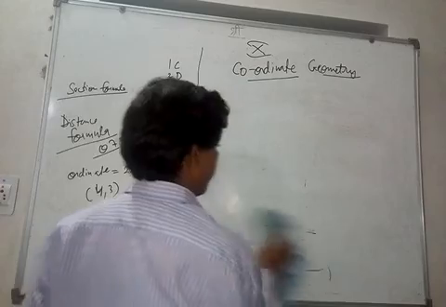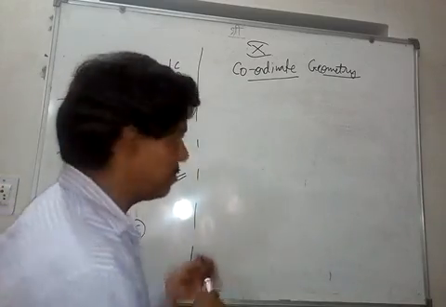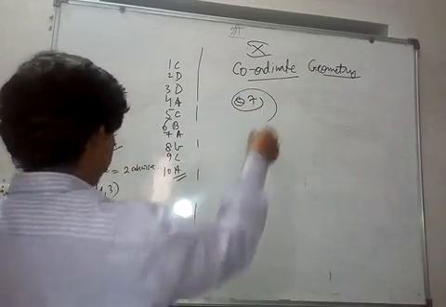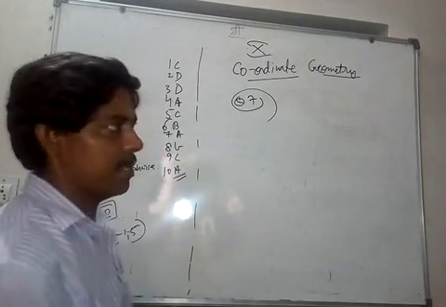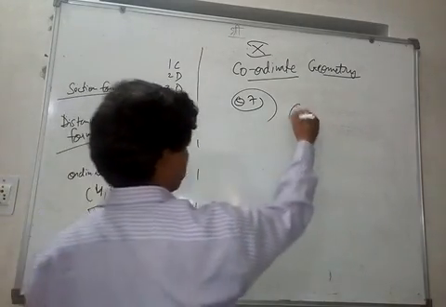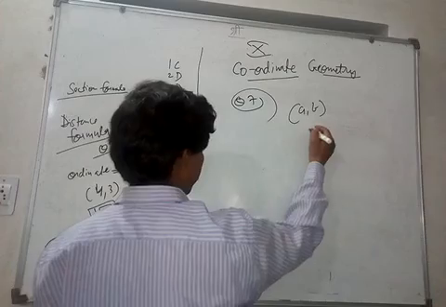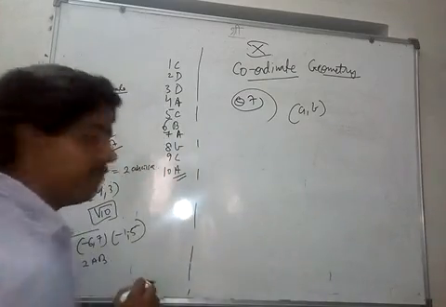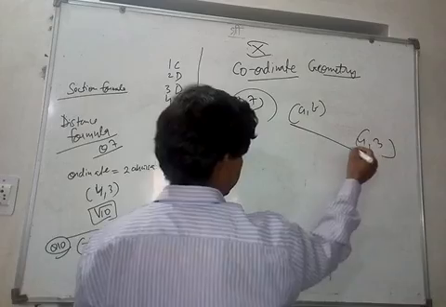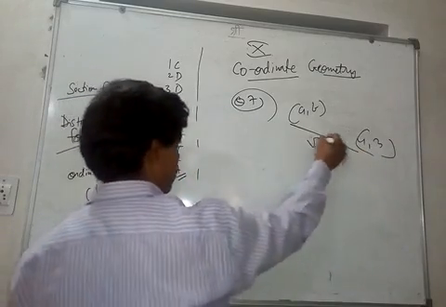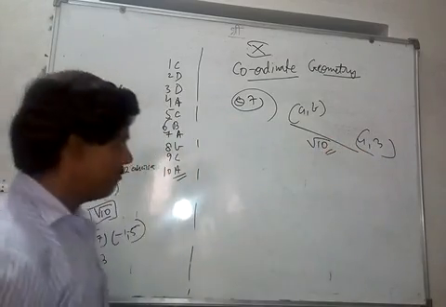Question number 7 is a very important question that I gave in the test. Okay, question number 7, you must pay attention, all of you. Ordinate of a point is double of abscissa. Ordinate is y coordinate. So let the coordinates of points are A and B, and the other point is given 4, 3, and the distance between the 2 points is given to be square root of 10, and we need to find